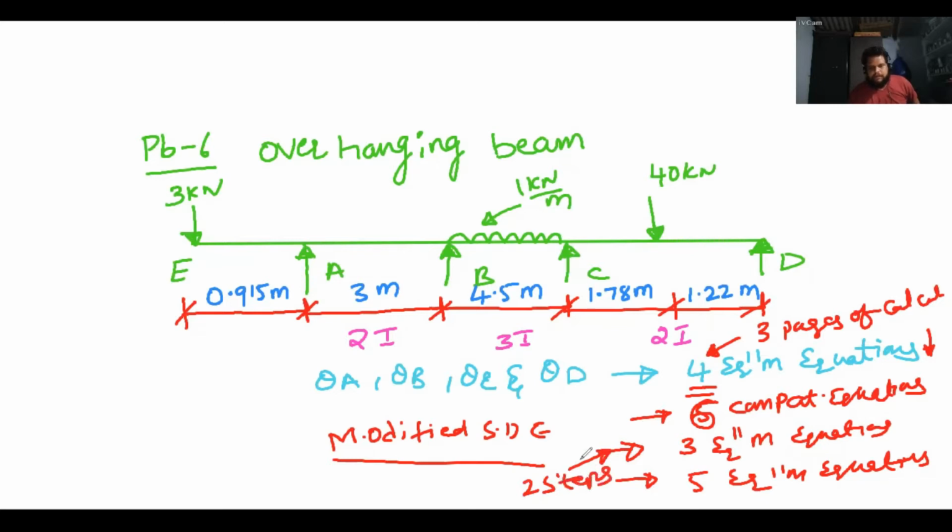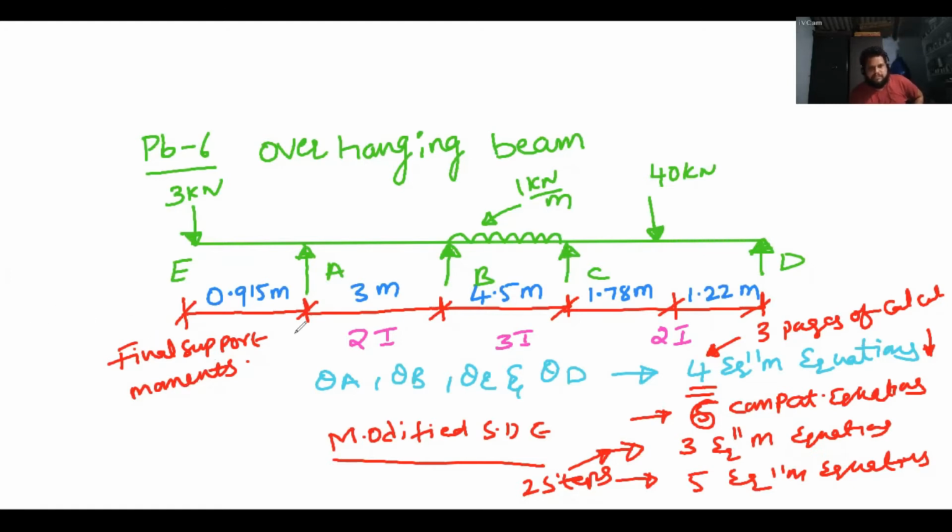Our ultimate intention is to get the final support moments. Fixed end moments are also support moments, but when we split into spans, we fix both ends. It means we are making each span a kinematically determinate beam. When we make the span kinematically determinate, there will be some error in the values. In order to correct those errors, we follow a procedure.